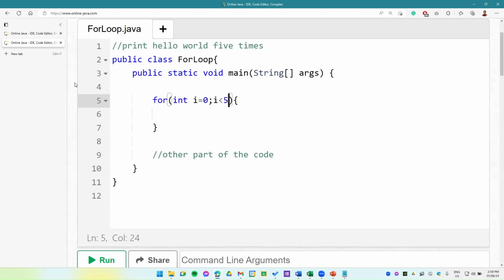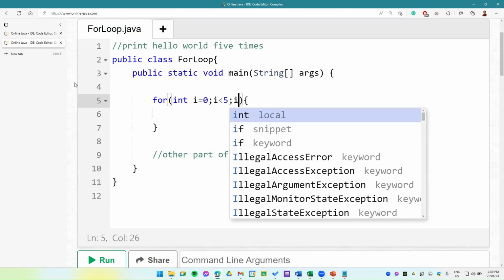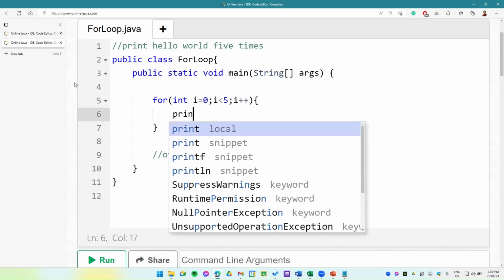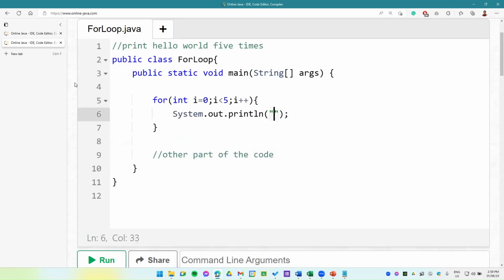Okay, now I have the loop. I plus plus. Then I can have here whatever output is necessary or needed. So, for this case, hello world. So now, as mentioned earlier also,